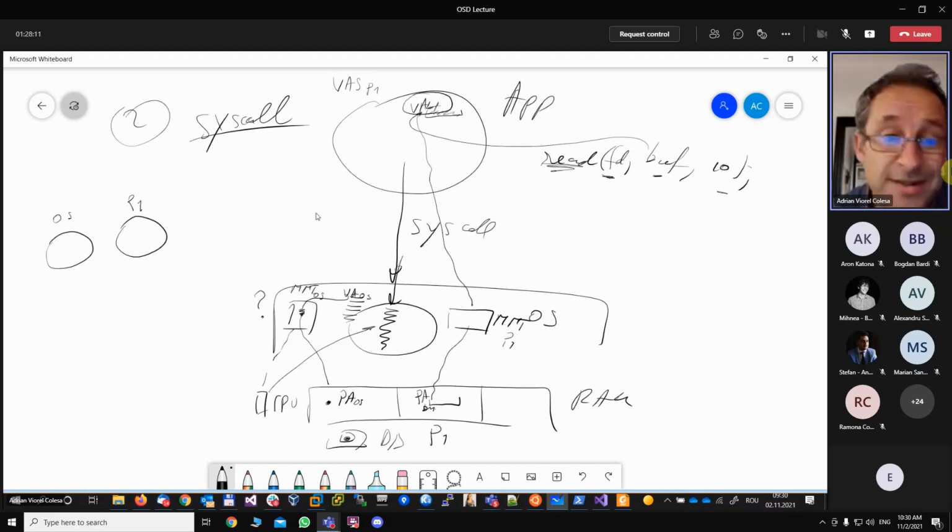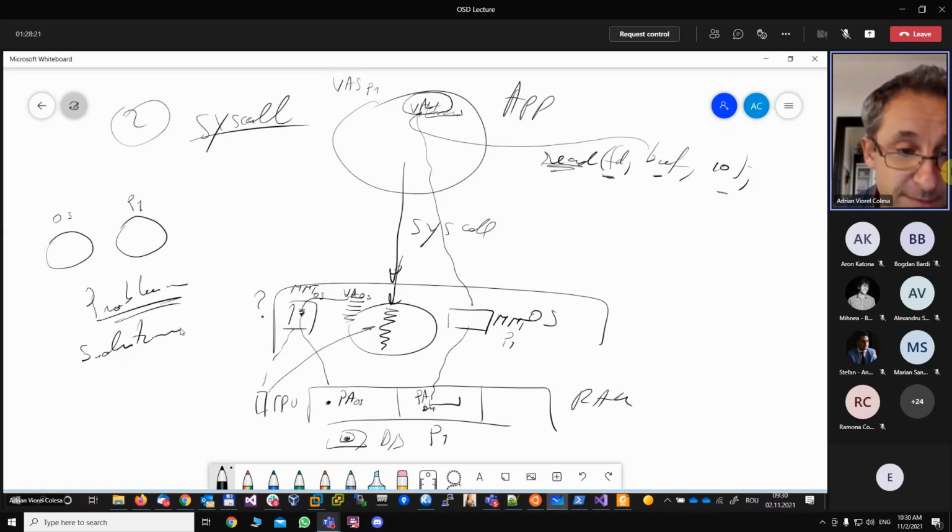So which are the solutions for that? Okay. So now I illustrated, I explained the problem, the challenge. Now let's see the solutions, because there are more of them. The first one is based on the fact that the OS controls everything,